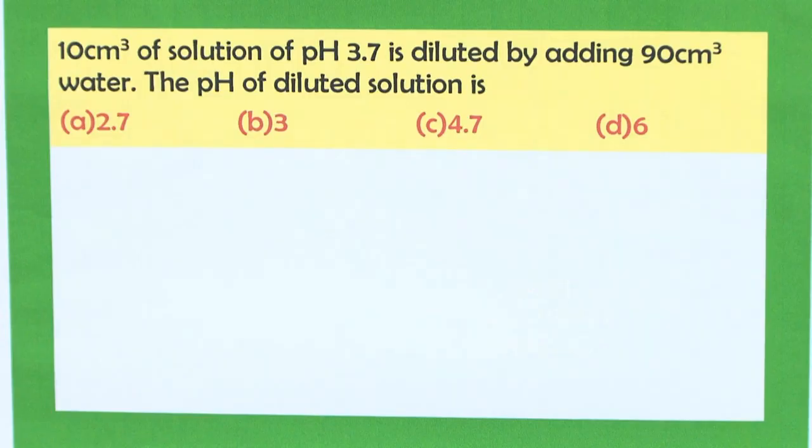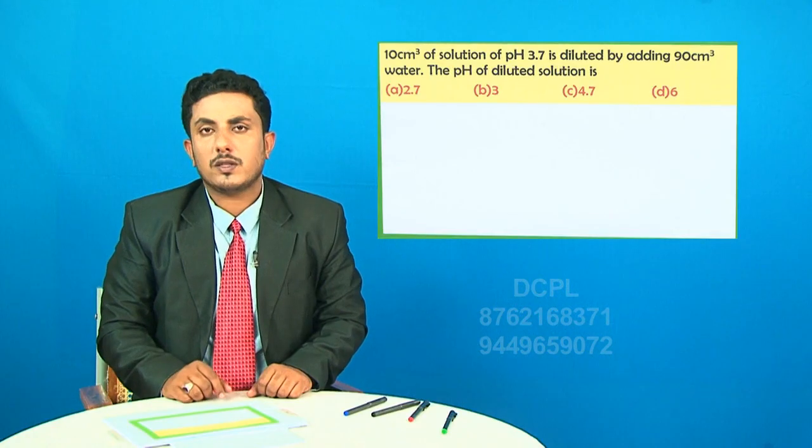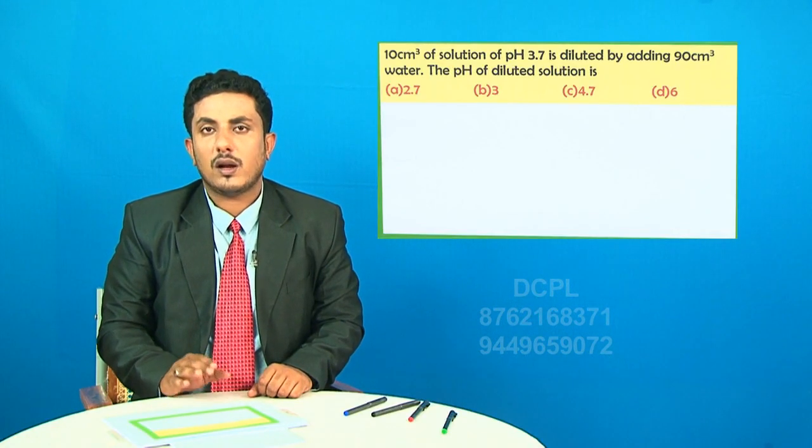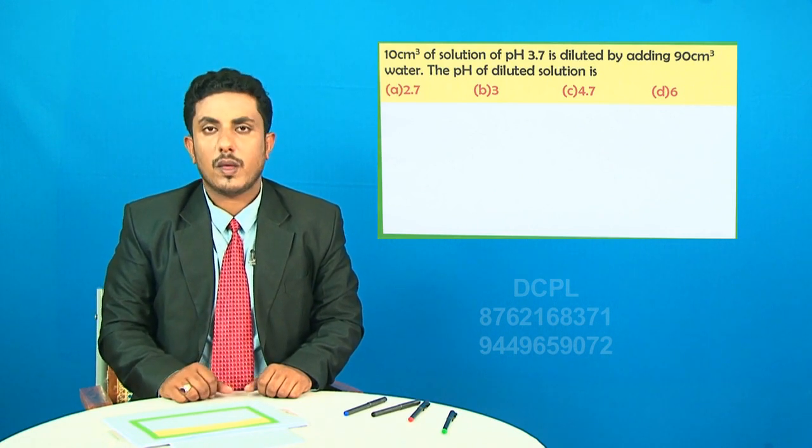Student, the next question is: 10 cm cube of a solution of pH 3.7 is diluted by adding 90 cm cube of water. The pH of the diluted solution? To calculate the pH of the diluted solution, first we need to find the concentration after dilution, and the concentration